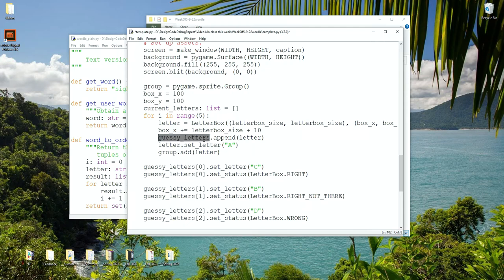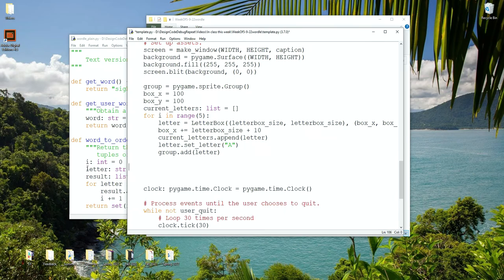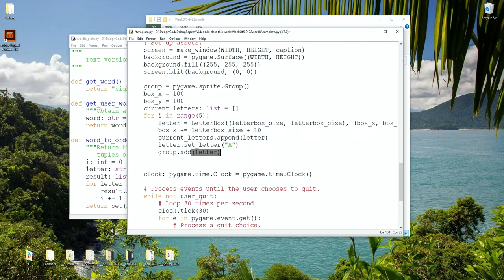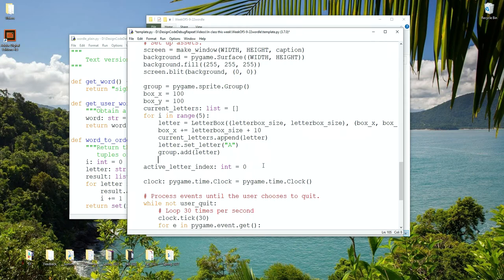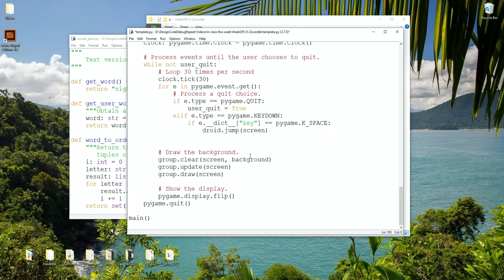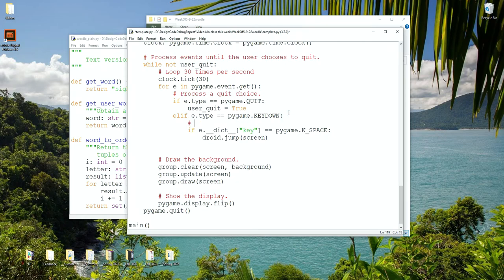This is the letters that we're currently typing into. So we're going to make, I guess we'll call it the active letter index, an integer, and we'll set that to 0. So that's our active letter index. Typing is going to move that. Let me just note that down: active letter index. Typing will move it in different ways depending on what we type, and we'll use that to index into